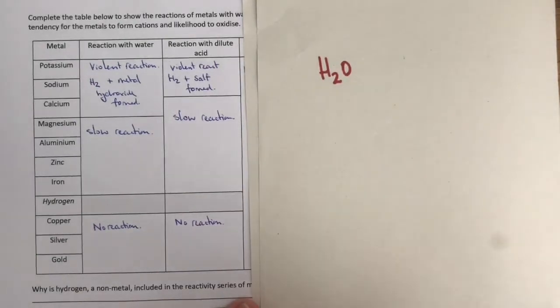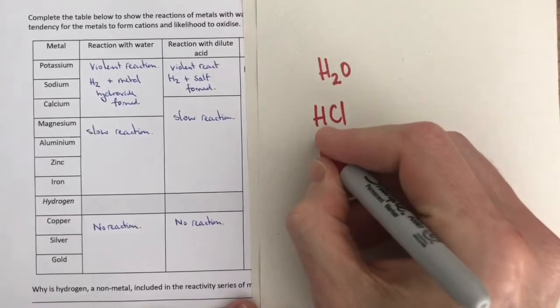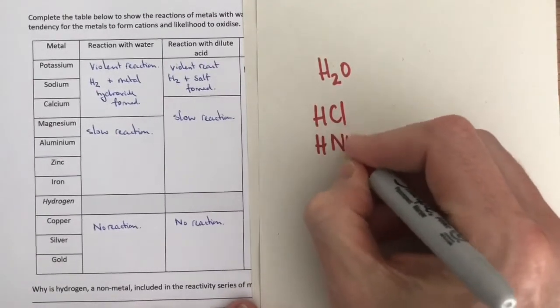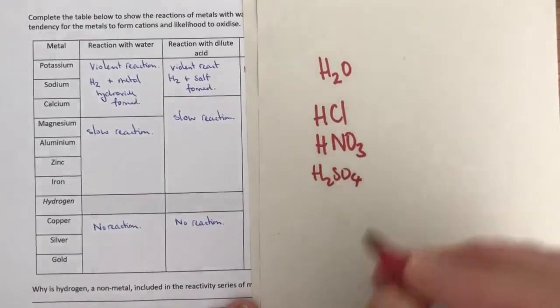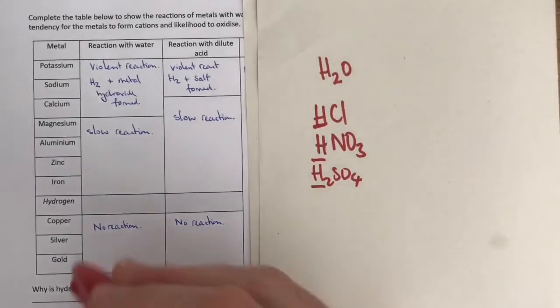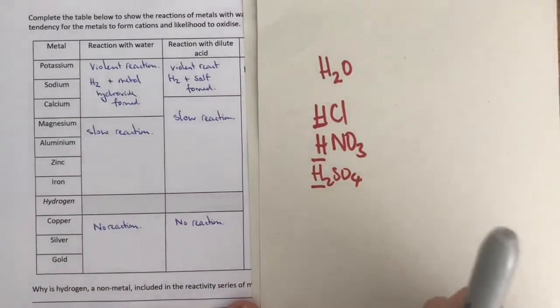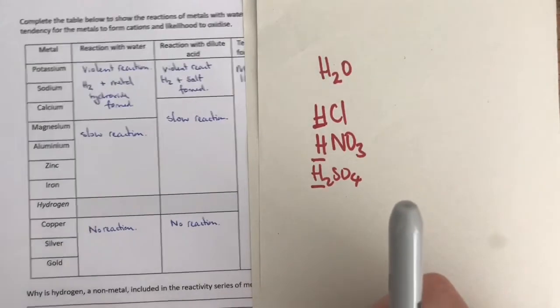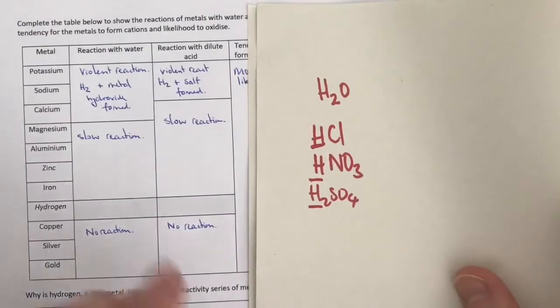Think about why. Acids all contain hydrogen. HCl is hydrochloric acid, nitric acid is HNO3, H2SO4 is sulfuric acid. They all contain hydrogen. Metals below hydrogen in reactivity cannot react with these acids because of that reason. Okay, so we've got the patterns here in the reactivity series, and we can see how it links to reactions